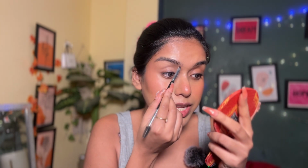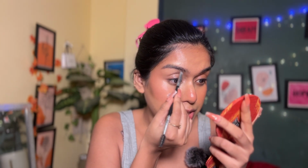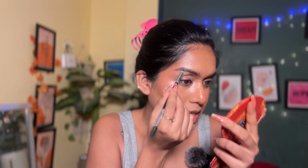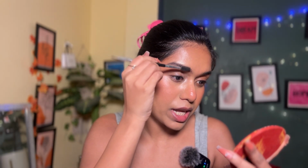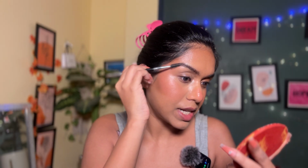My favorite part of the makeup is doing my brows lately. I have been loving doing my brows. I have been really giving time while filling it in. It's just a phase. I finish my makeup in like 5 minutes usually, but I really take 3 minutes to fill in my eyebrows, I guess. I'm really into eyebrows these days. I have been really giving it shape, like lightly filling it in,